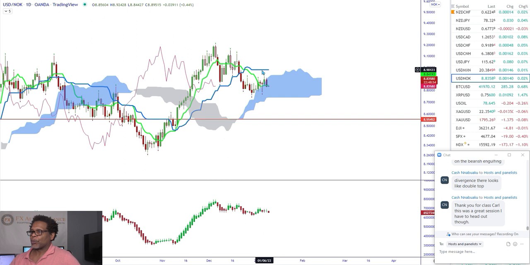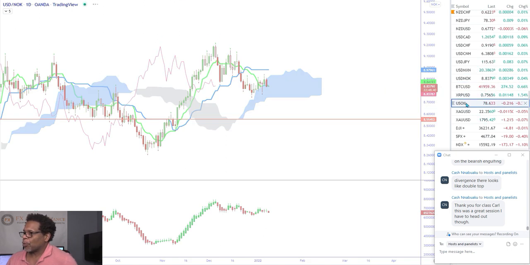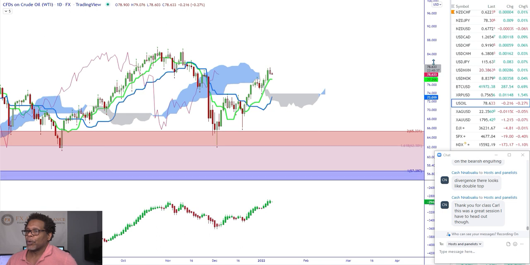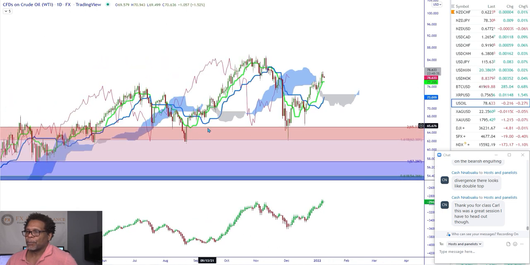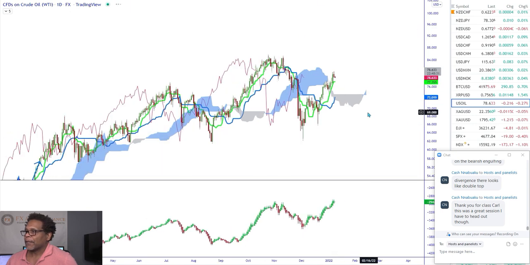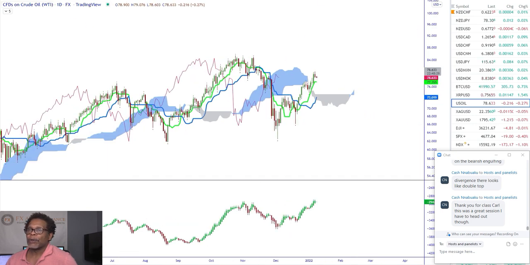I would watch for these levels though. My Kijun-sen level. You got a crossover that's bearish, but your future is bright, and then Chikou span is below price, but it hasn't violated Kijun-sen yet. So that's not good. I already did BTC and USD yesterday or Friday, whatever. So let's go to oil real quick. Let's remove this off the chart, and then let's see where we are. Let's look at the weekly real quick.